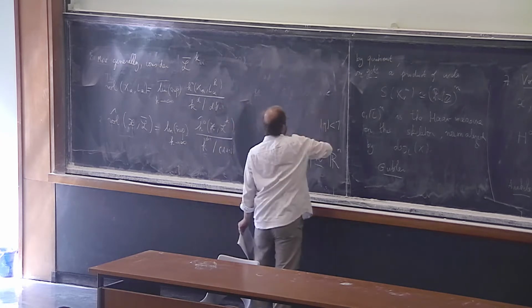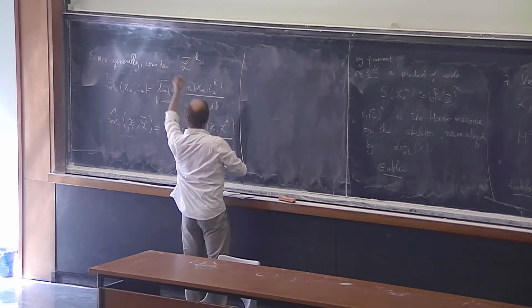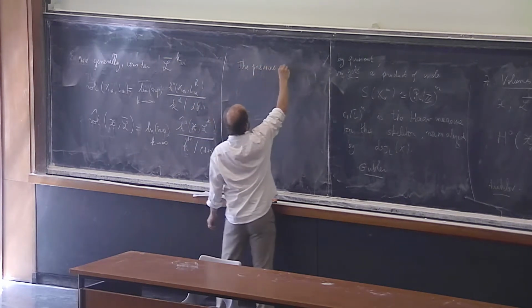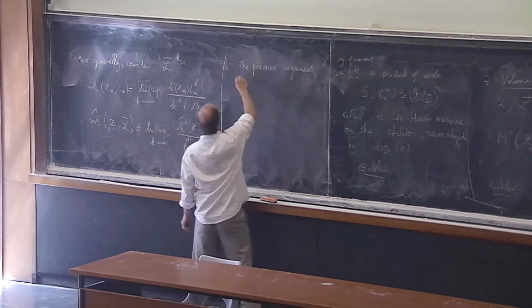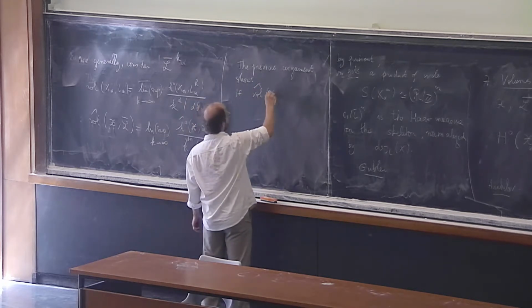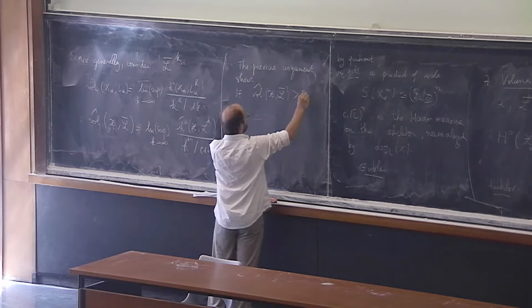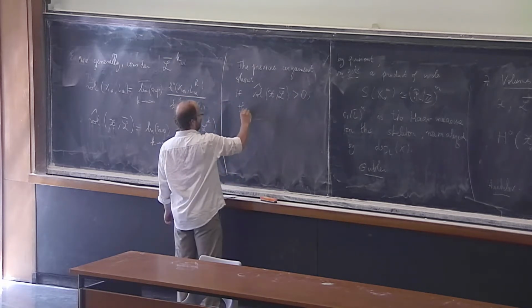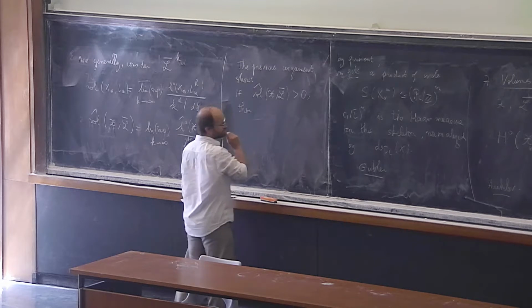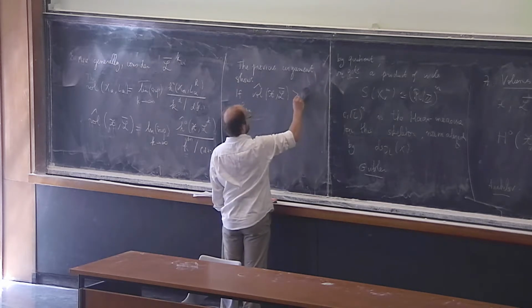And what this argument shows is that if the arithmetic volume of (X, L bar) is strictly positive, then